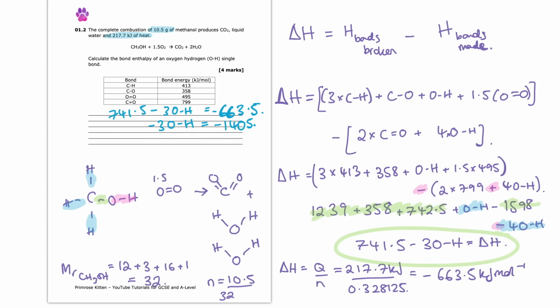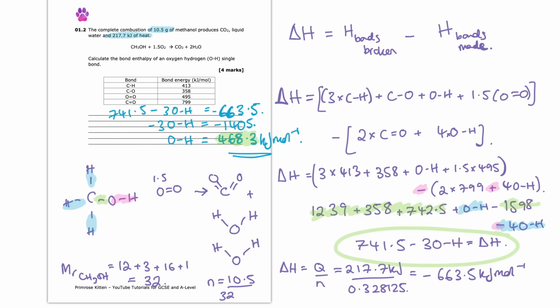And so if I now divide that by minus 3, I will get the enthalpy value for just an OH, and that is going to be 468.3. And so the bond enthalpy for OH is going to be 468.3, or you could just say 468 to be consistent with the other answers, and the units would be kilojoules per mole. Whew. Seems really complicated, that, but really if you strip it back, all we had to do was